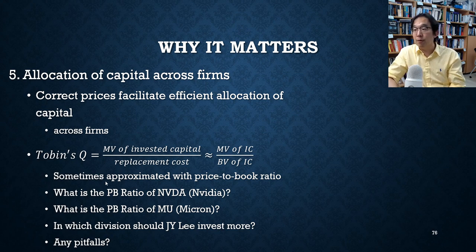Now, sometimes, so what is the PB ratio of NVIDIA? You remember that, and Micron. And then instead of Tobin's Q, we can discuss it using the PB ratio. Whichever division deserves a higher PB ratio, you want to put more money onto that division. That's the idea. So JY Lee, which division should he invest more in if he has one more marginal dollar? One single extra dollar. Where shall I put it? Shall I put it into the foundry business or